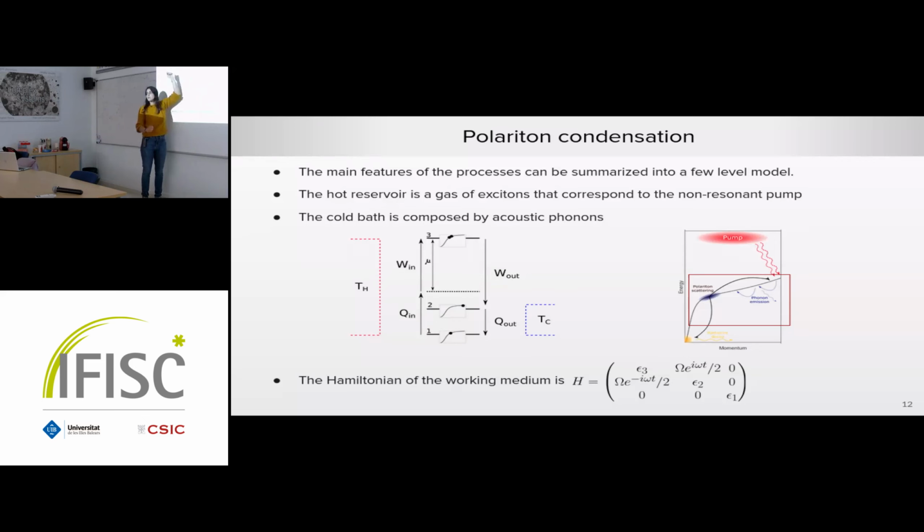Then they are going to interact with each other. And if you have a condensate, then that's macroscopically occupied and that's stimulated emission. And you can do a mean field approximation, so then the condensate is treated as a classical field. So the idea is that this is the Hamiltonian, so we have the energy of the 3 levels, and this is the interaction with the condensate.